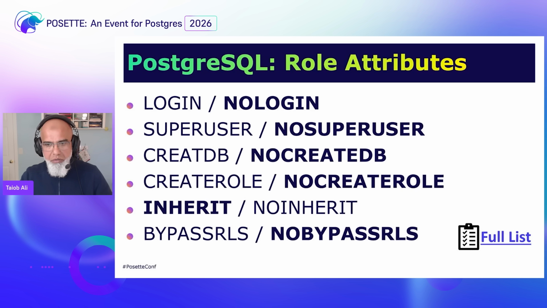If I say create role, so if I do not say anything, I cannot log in, because no login is the default attribute for every role you create in Postgres. If I want this role to log in, I have to say with login. And I'm not going to read the whole slide. The other 5 are the same. Highlighted means default, not highlighted means not default. So if you mean for a role to do some of those, you have to mention those while creating, but you can always change it later on, except the login and no login one.